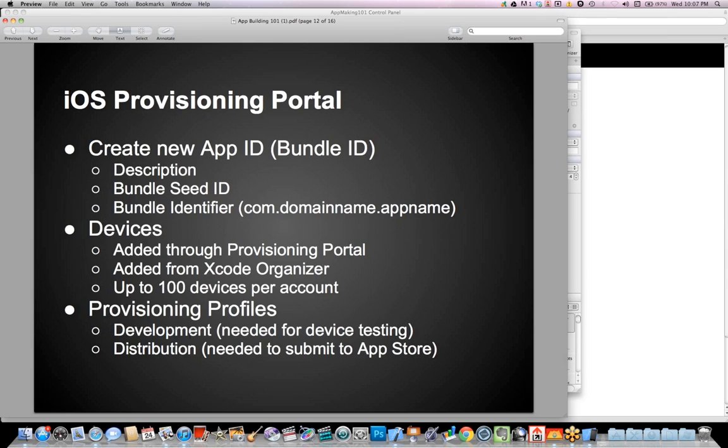The development profile, which is what you need anytime that you want to compile an application that you're working on for in-house testing on your device. And then the distribution, which is what you're going to use when you actually go and submit to an app store. So in my case, I'm a developer who also develops apps for myself, so I would use a development profile when I'm actually creating the app and testing the app, and then I would use my distribution profile when I submit it to the App Store and I want it to, if it sells, I want to get paid